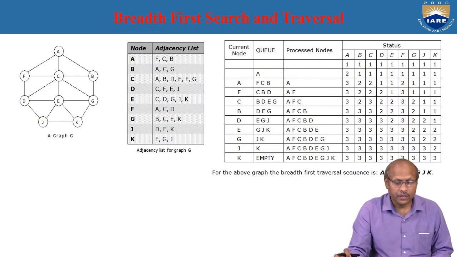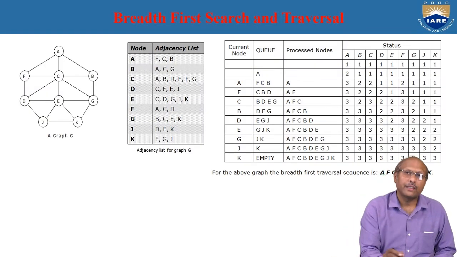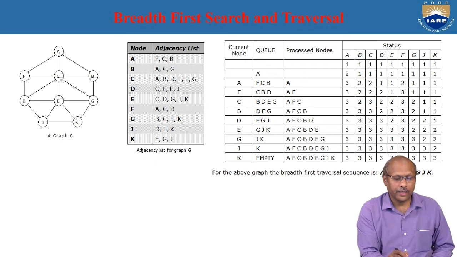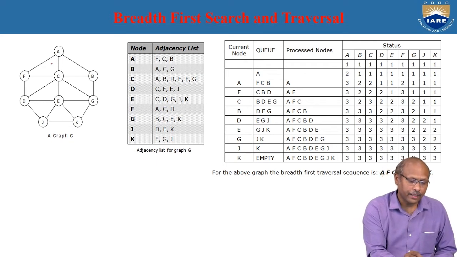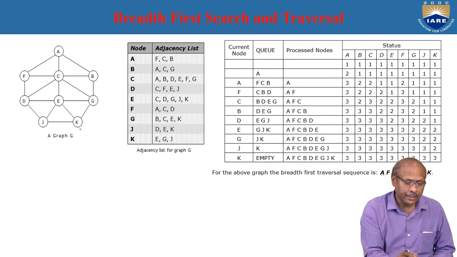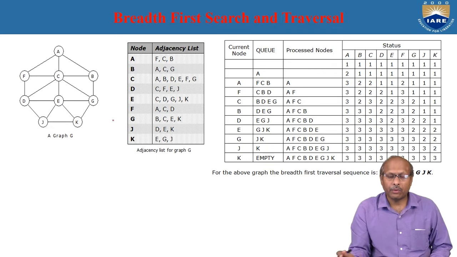You can see a small graph. There is a graph having how many nodes? A, B, C, D, E, F, G, J, K. There are 9 nodes. So whenever you want to traverse the graph,